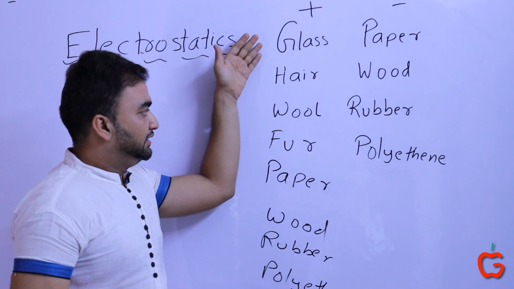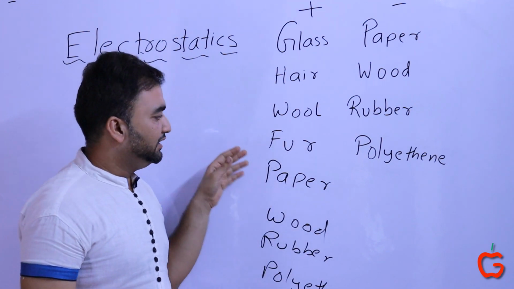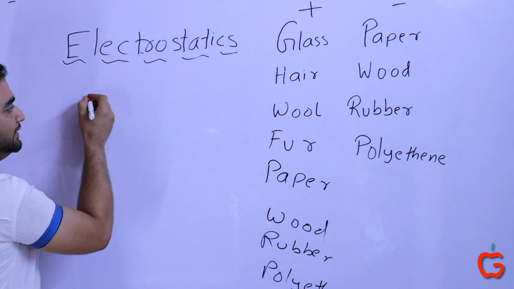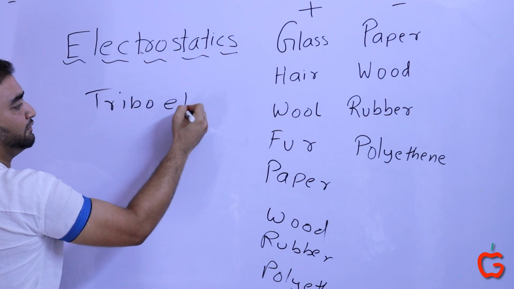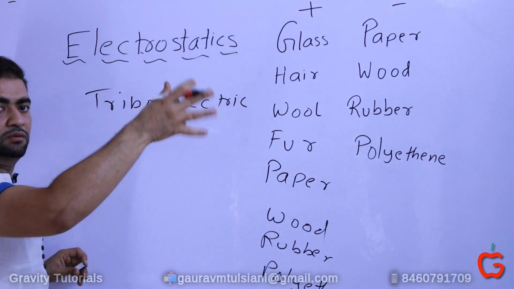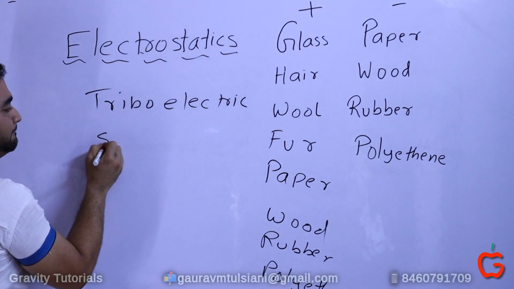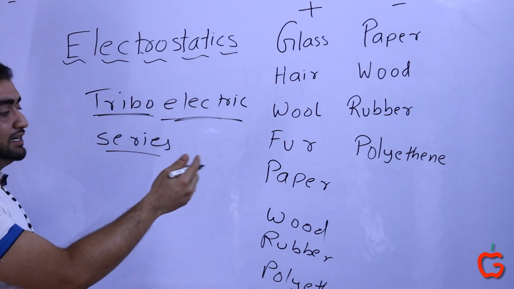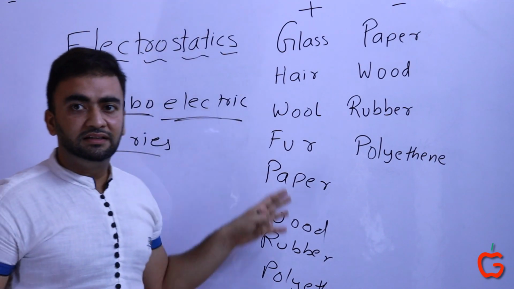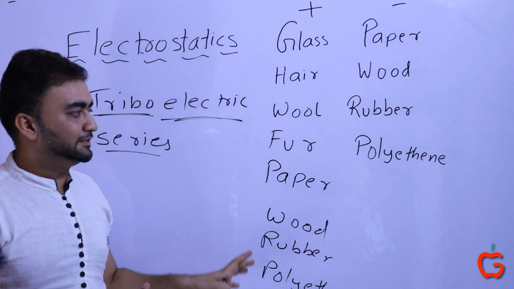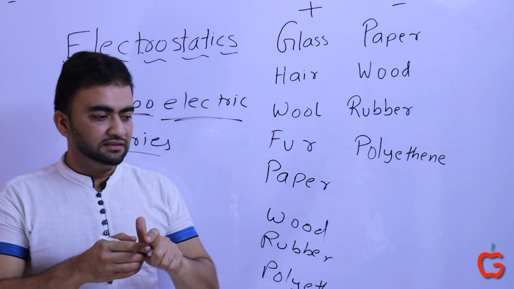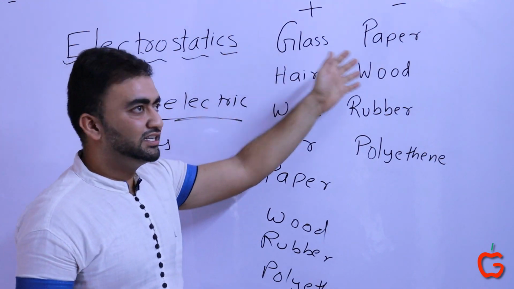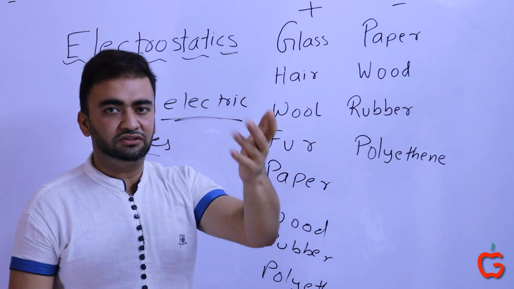So this series is only an example of a few elements. This series, called the triboelectric series, is actually a very big series, obviously containing all possible elements, all possible pairs of friction. So triboelectric series: tribo for friction, electric representing charge, and a series. So it's a big series of substances. So how to interpret this series? If it was a column, it was fairly simple. It was obvious that one thing was called positive and another was negative. The namings could have been different, but that's not today's topic.